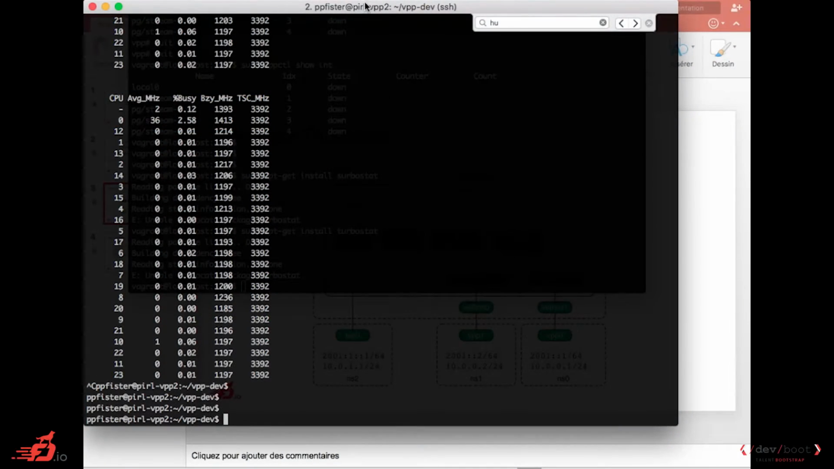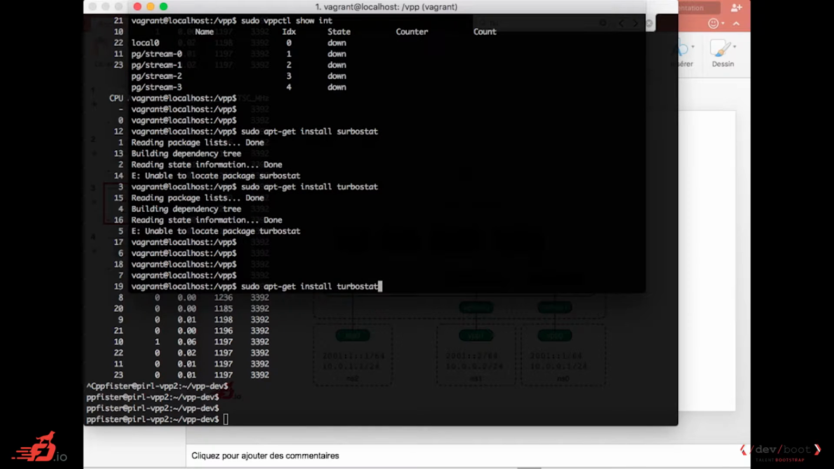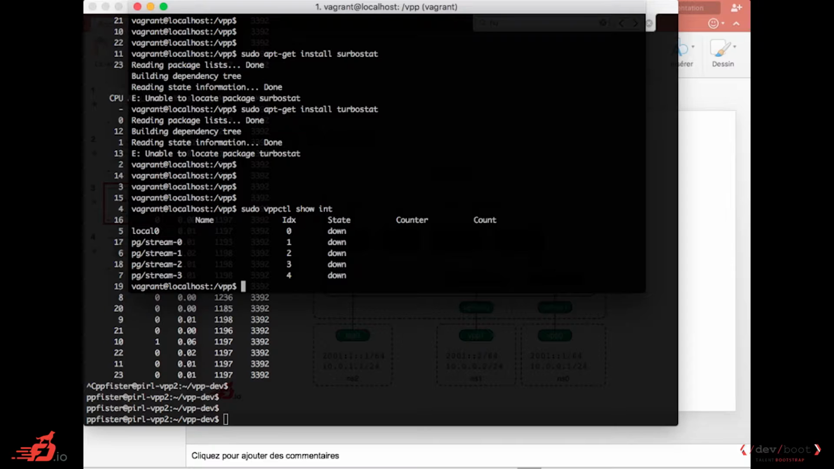So you have two ways of doing this lab. You can either use VPPCTL all the way and do sudo VPPCTL for every command. I don't know if my VPP is running right now. So you can either do that for every command that we are going to type, or we can stop VPP